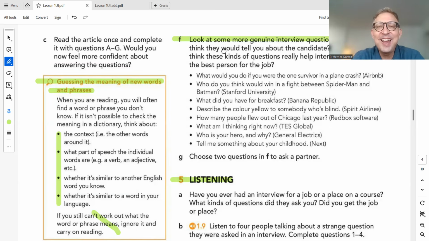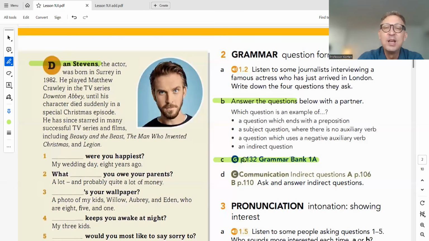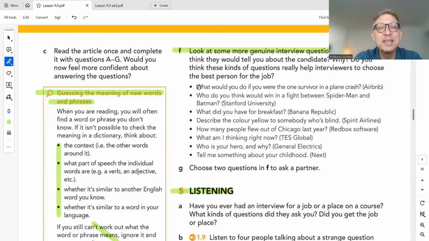All right, now look at these genuine interview questions. So I told you before you could make an audio recording of one of those earlier questions above here. But instead, if you want to do one of these, you're welcome to do it. These are very interesting actual questions in an interview. And I think the answers could be quite interesting. Definitely work with a speaking partner on these. Ask each other some of these questions.